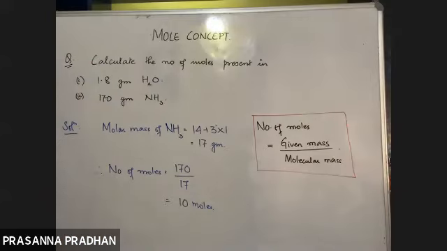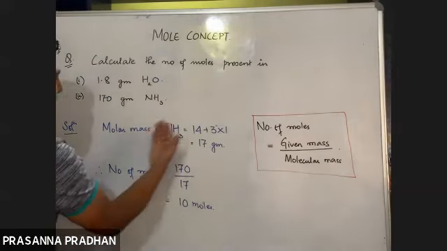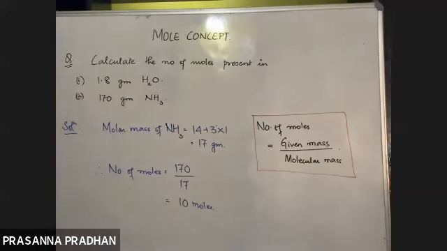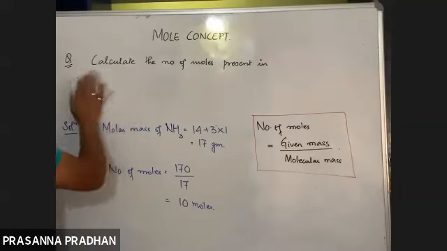Okay, so once more, what is the concept of mole in terms of mass? 1 mole means it is always equivalent to its molar mass. Or if it is an element, 1 mole means it is equal to its atomic mass. So there is a simple concept of mole in terms of mass. Okay, now let me just twist this question. Let me present this question in another way.